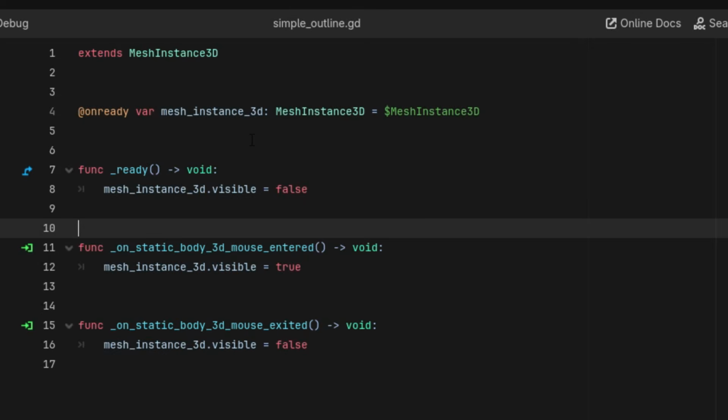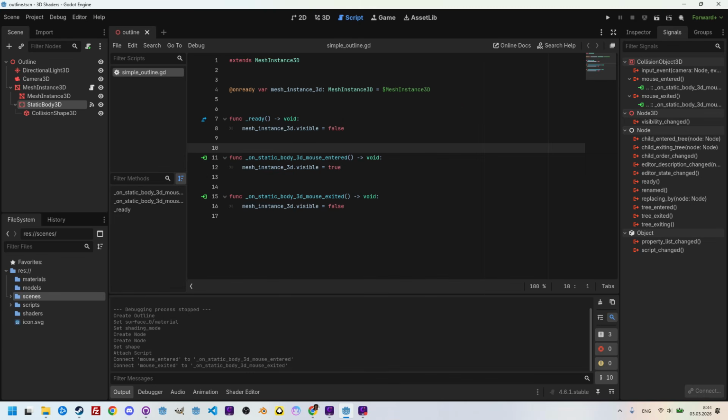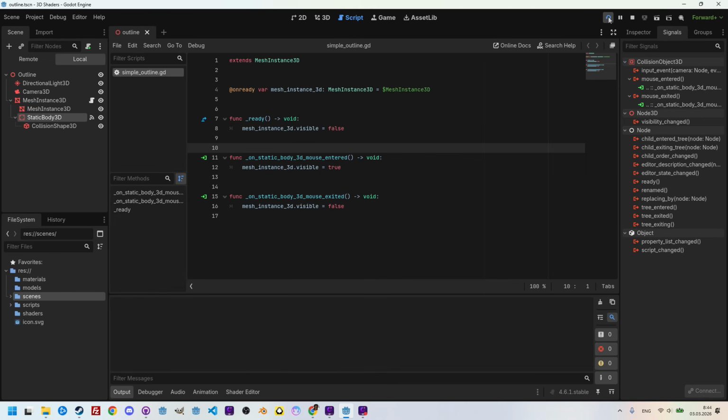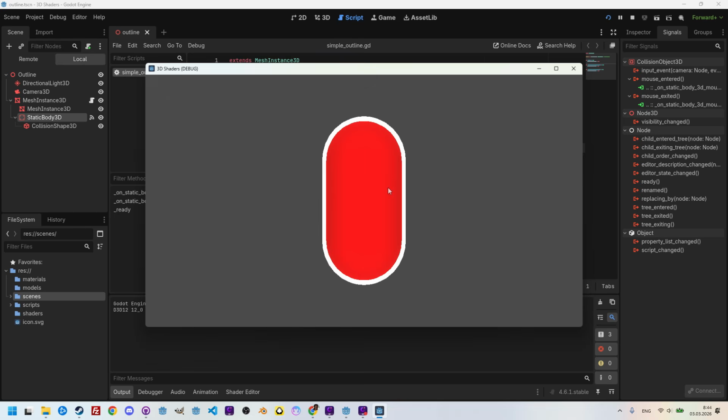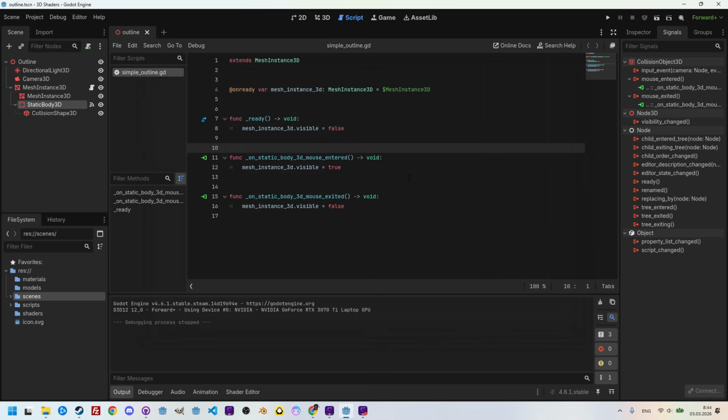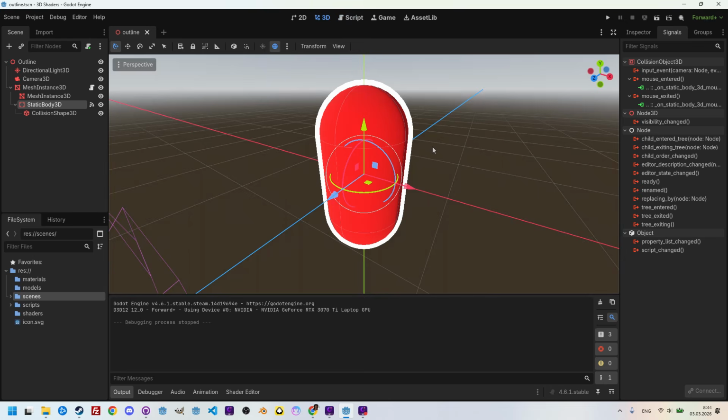Great. Let's run the project and verify that the outline works. Starting up. And mouse entered, exited, entered, exited. Perfect. So we have a simple single color outline. Let's switch back to the 3D editor. That should work with most basic objects. In practice, though, it would be nice to have something more dynamic, something that glows a bit and maybe even pulses, which brings us to a shader